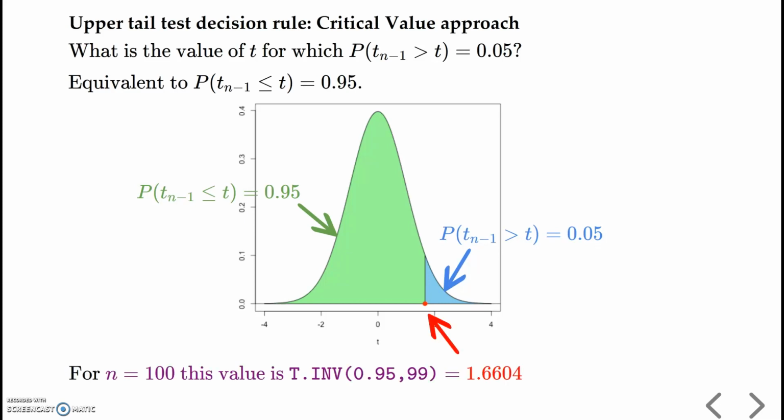And we tell Excel that for the sample size of 100, the critical value can be found using the T.INV function, and then give the cumulative value from here up until that critical value, which is 0.95, and then the degrees of freedom, which is 99, because our sample size is 100. And that critical value, as Excel finds, is 1.6604. Right, now you compare this value with the